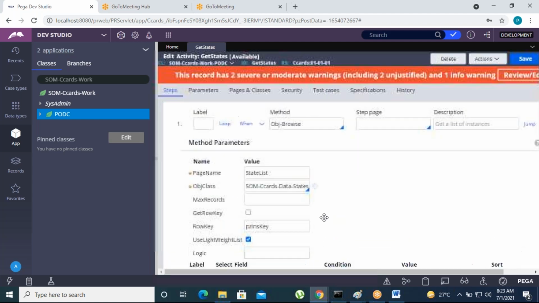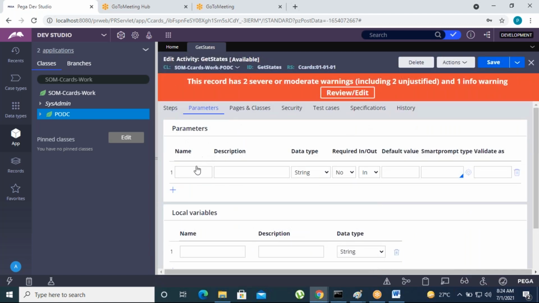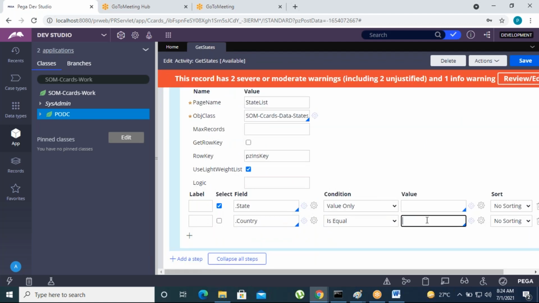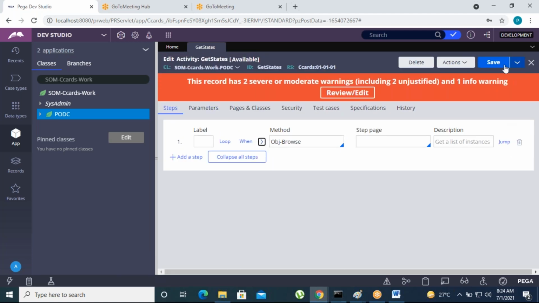The user will select some country, and based on the user selection, we display the corresponding states, right? So if you want to pass the parameters, we go to the parameter tab and pass country as a parameter. Let's go to steps and refer the parameter here, that is param.country. That's it, and click on save now.